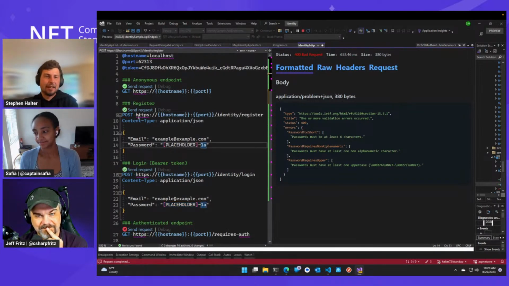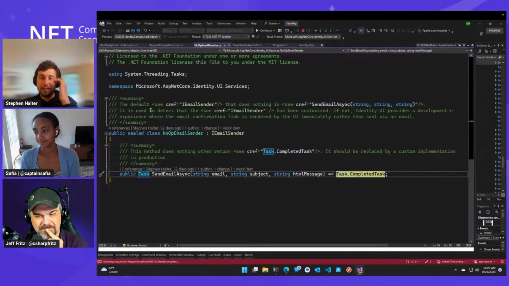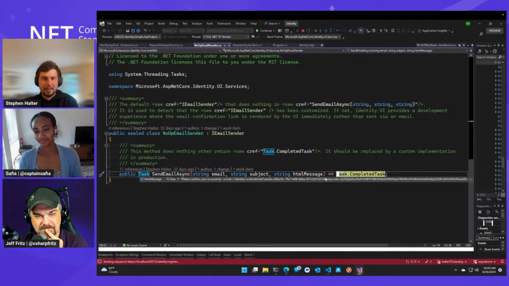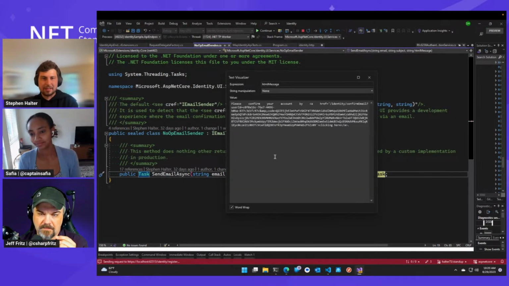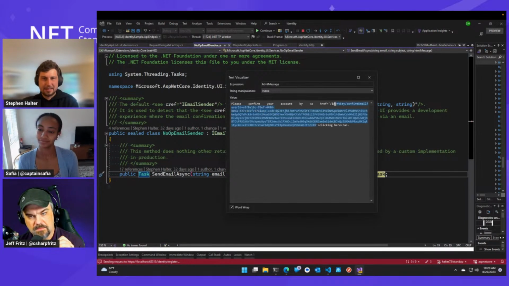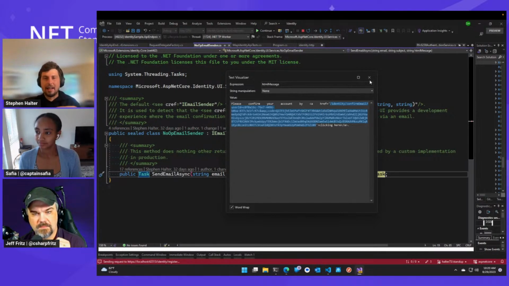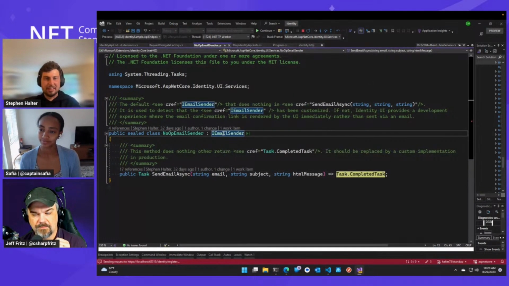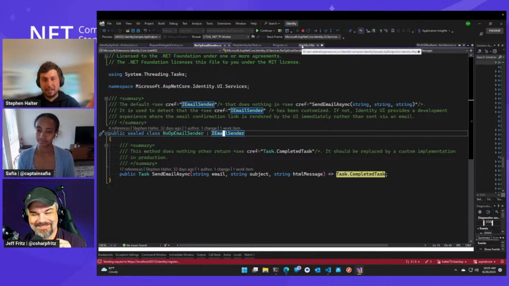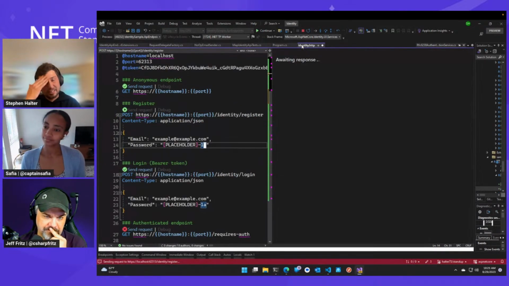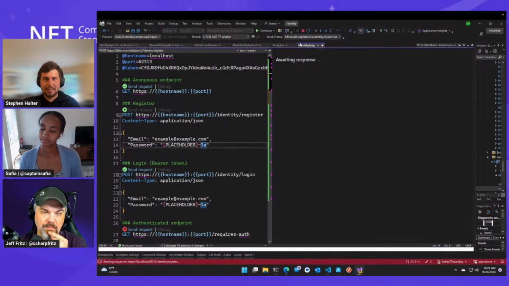Okay, that's good. So we'll send this request and we'll log in, and we'll get that email confirmation that we got before right here. We can even copy that for a second so we can test that later. So we'll copy this link to confirm the email if we want. This is something where you would typically write an IEmailSender yourself that takes SendEmailAsync. And this is the same thing you use with Identity UI, for what it's worth, to do email confirmation. So you can use, like, Azure has a service to send email, and yeah.